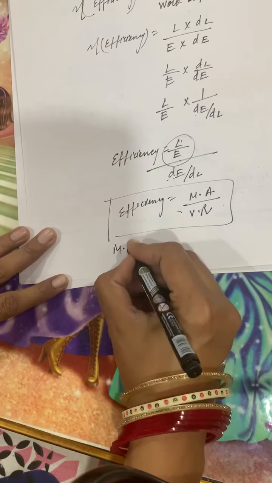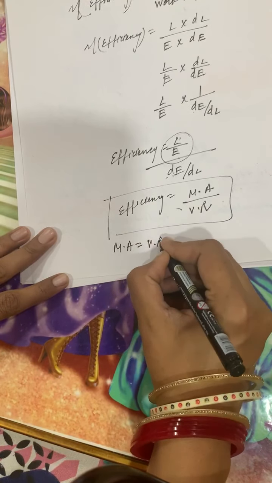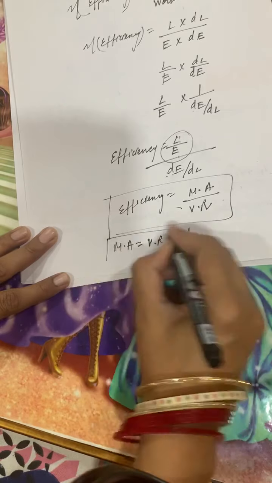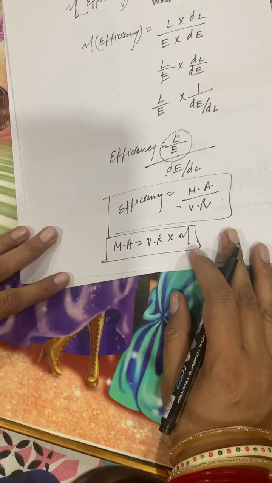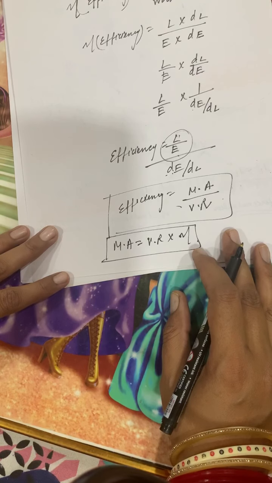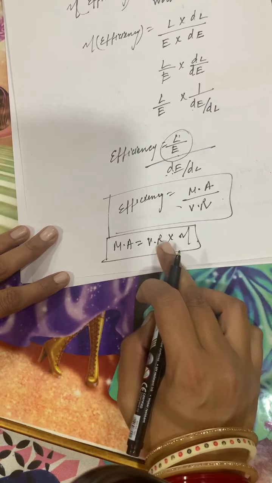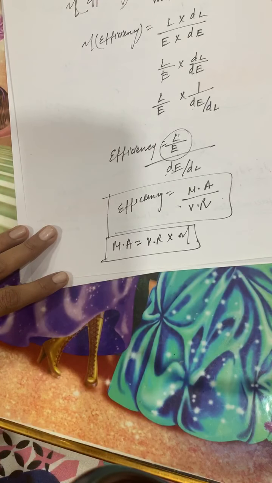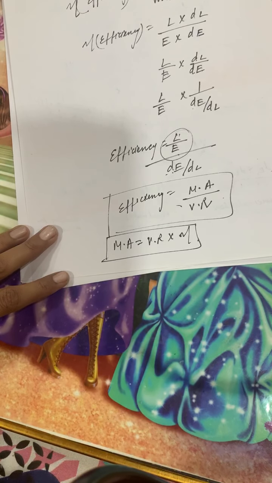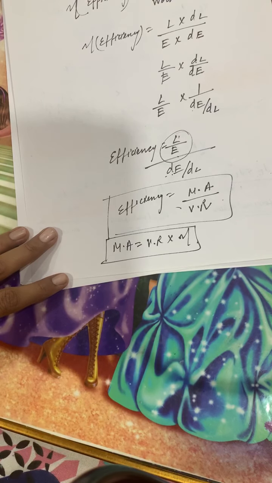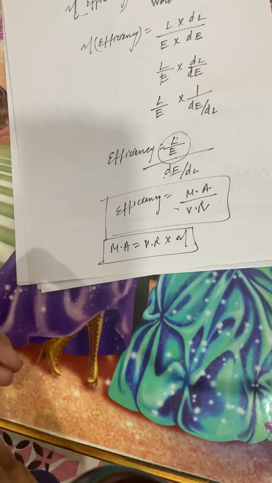Okay students, mechanical advantage is equal to the product of velocity ratio and efficiency. For an ideal machine, work output is equal to work input, so efficiency is equal to 1, or we can say 100%. Mechanical advantage is then numerically equal to the velocity ratio. But in actual machines, mechanical advantage for all practical machines is always less than its velocity ratio, or output work is always less than the input work. So efficiency is less than 1, due to some loss of input energy, due to friction and the other parts of the machine.